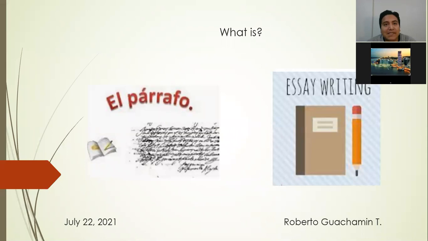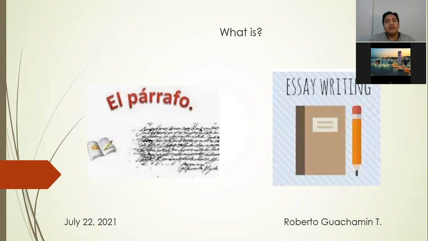What is an essay, and how does it differ from a paragraph? An essay is essentially a collection of paragraphs, and as has already been said, a paragraph is essentially a mini essay. An essay contains an introduction, a body, and a conclusion. It is a collection of thoughtful ideas on a topic. A paragraph contains an introductory sentence, a body, and a closing sentence. A paragraph is one thoughtful idea.